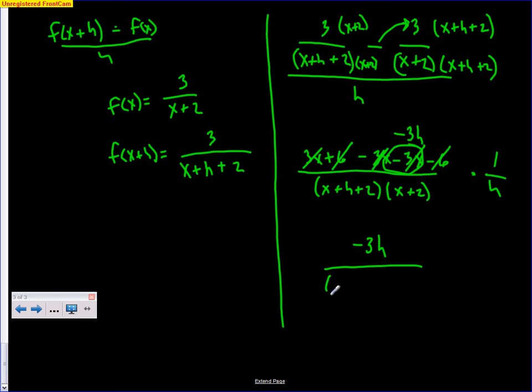On the bottom, I got a kind of weird common denominator, but don't worry about it. That's part of the answer. Just leave it like that. Now, look what's going to happen here. Remember, we're multiplying by the reciprocal, which is 1 over h. Awesome. Now the h is canceled because everything else was gone. So my final answer is all I got left on top is a negative 3, and all I got left on the bottom was x plus h plus 2